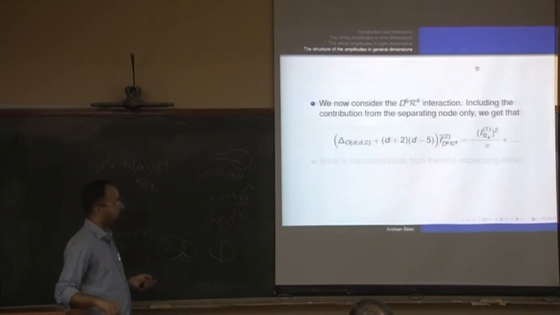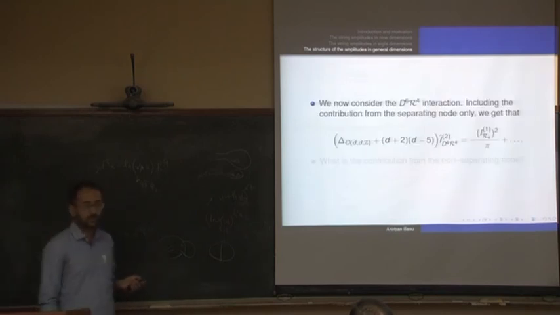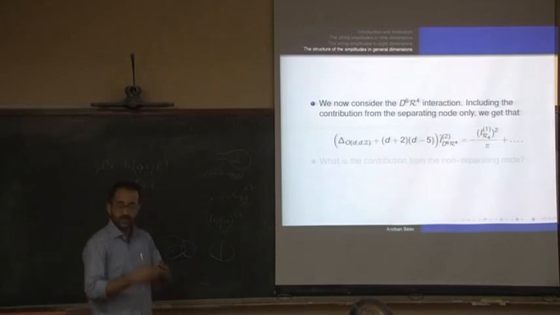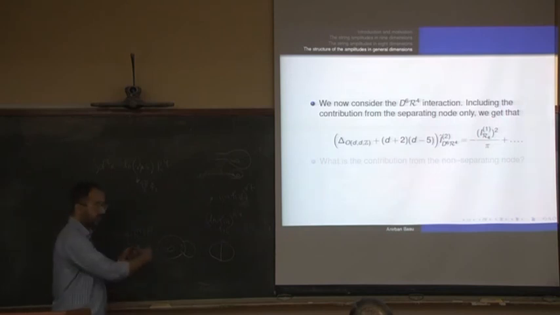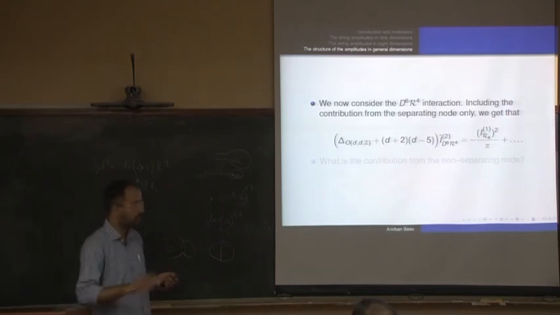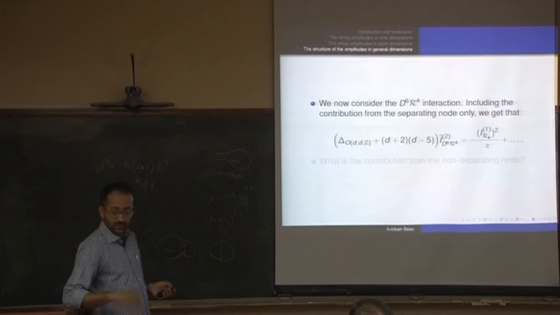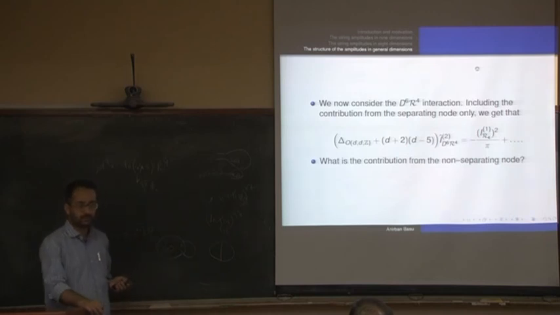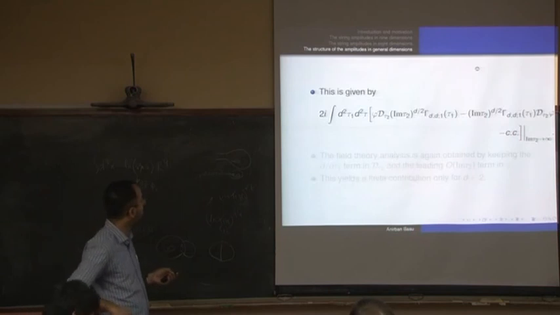So now let's look at the D6 R4 interaction, the last of the genus 2 interactions. This part I already told you before. This comes from the separating group, where it factors into a product of two genus one contributions, plus this dot, which I left as dots for the 8-dimensional interaction. What are the contributions from the non-separating? And again, you see there must be some field theory contributions. So we can tell you what they are.